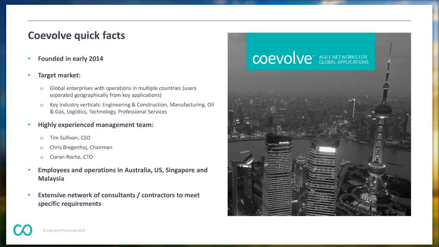And outside of that, we have a very broad network of on-demand consultants and contractors with a vast range of skill sets that are needed to address particular problems the client might have. So we're not looking around to find people when we come across a particular requirement. We've either got the skill set within our core team or we've got access to that network of consultants and contractors. So we have about 20 full-time employees, and then several times that when you include this network of on-demand resources that we've got.